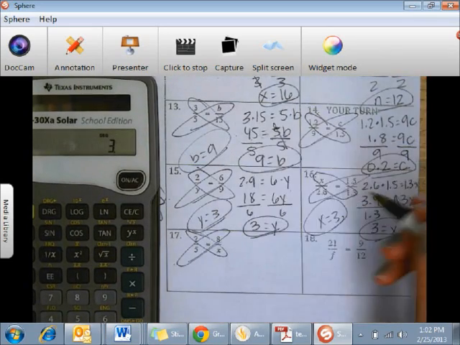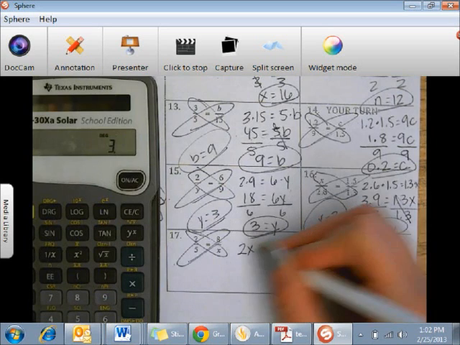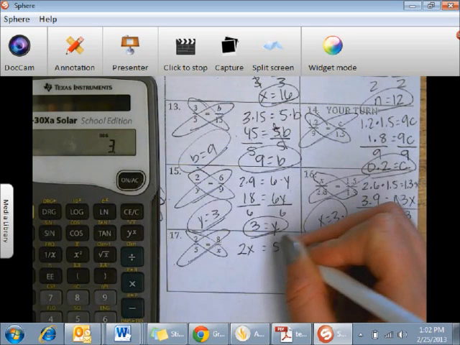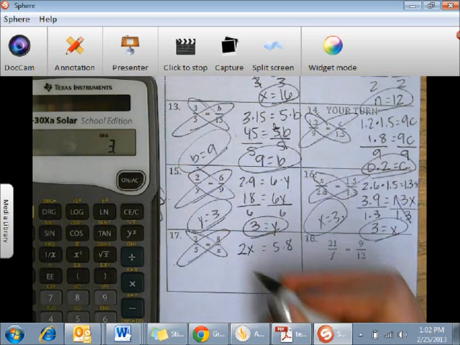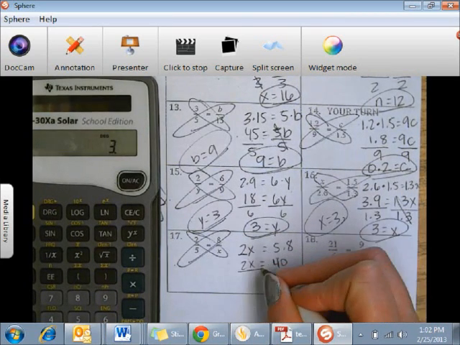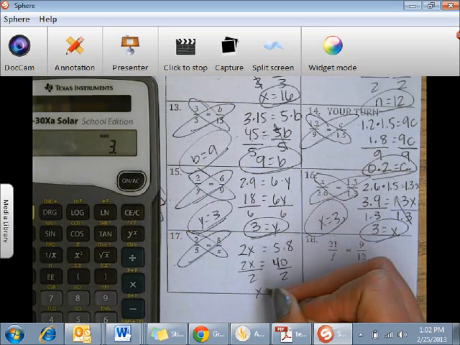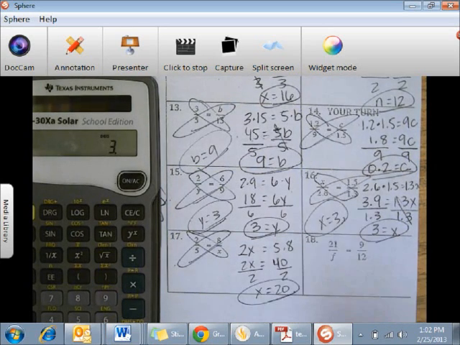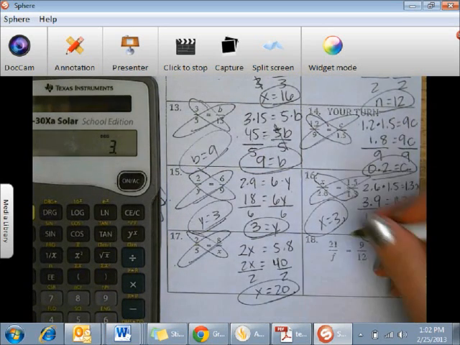So here you're going to have 2x equals 5 times 8. So you'll have 2x equals 40. Divide by 2, divide by 2. x will leave you with 20. And then over here,